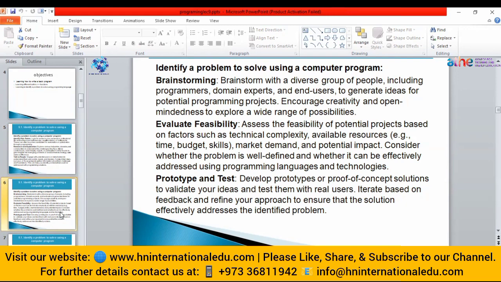Then you will do some brainstorming. Here brainstorming refers to giving a rough sketch of your reality, what you are going to do, and what your goal is. You will design it on paper, a simple idea: this is my deadline, and within this deadline I am going to do that. These are the different pages.